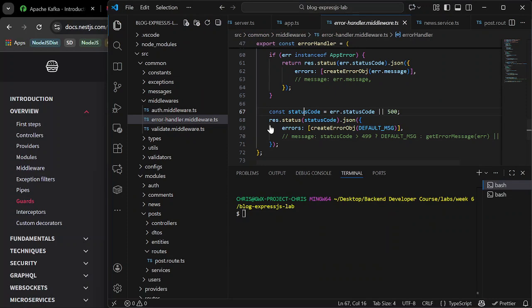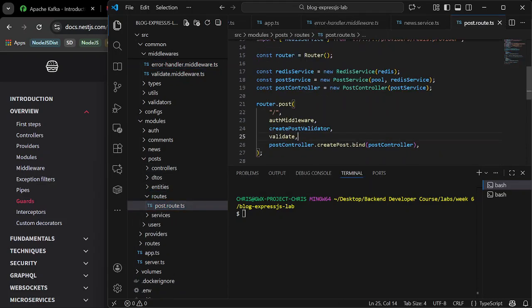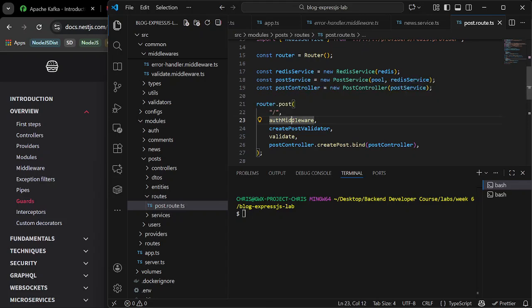If you look at our post route here, you see this auth middleware here, right? This auth middleware is actually guarding it. It safeguards this post request, because this post endpoint is not public, it's protected.